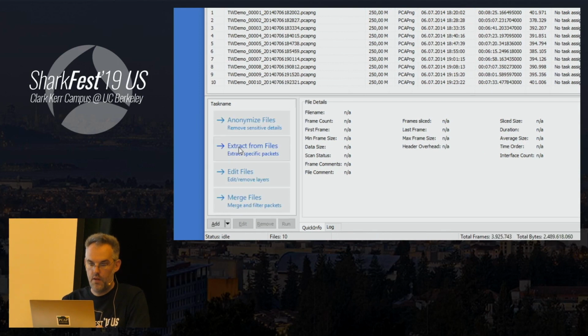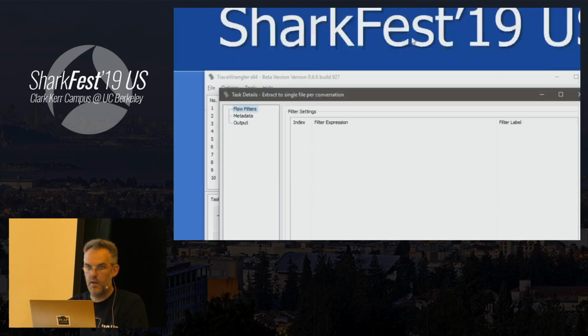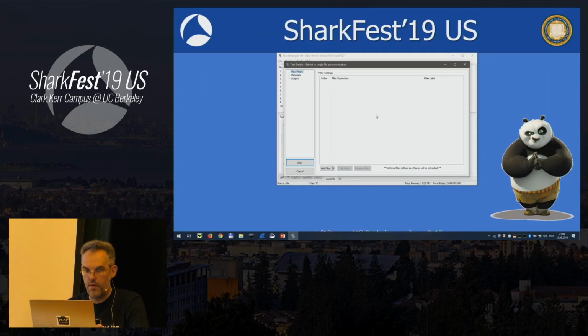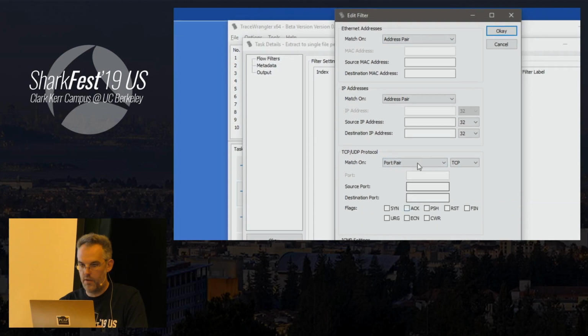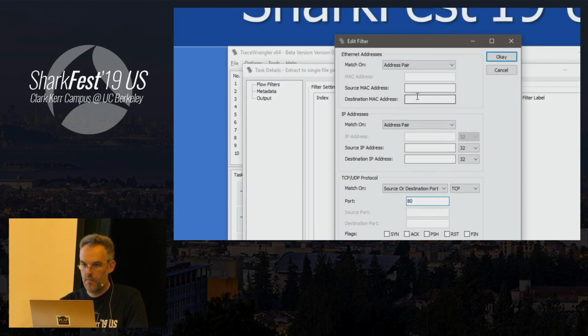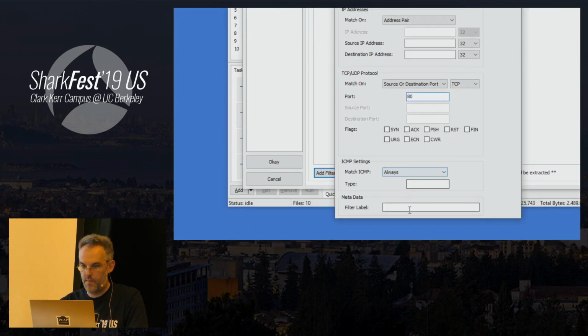There. So now I have the extract from files button, and that one gives me a whole lot of different options. For example, if I want to extract all the, let's say, HTTP packets, everything that is HTTP, I could just go in here and say add a filter, and I want to filter on a source or destination port. So if it's port 80, I want to have it, and I call this